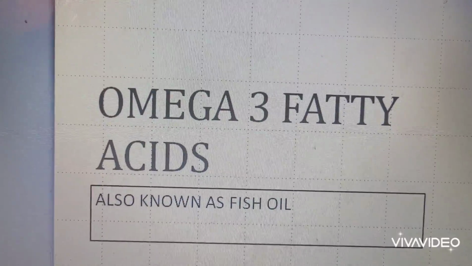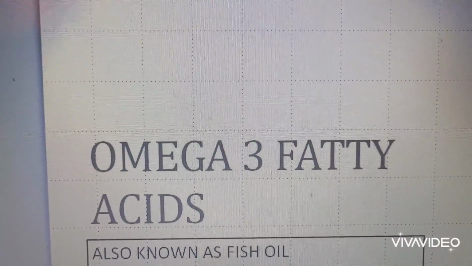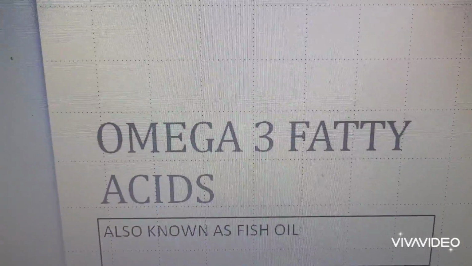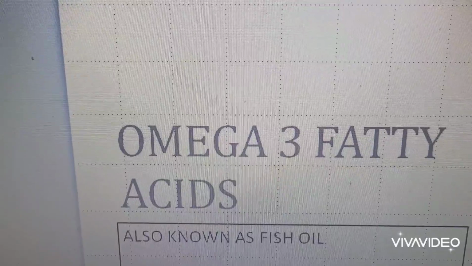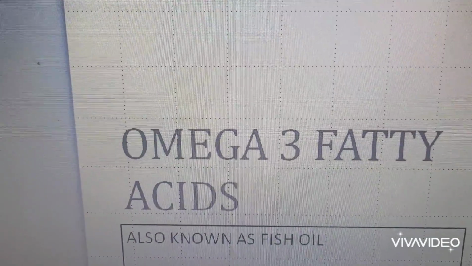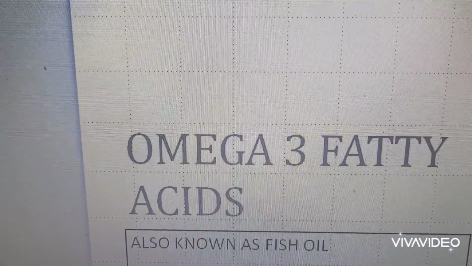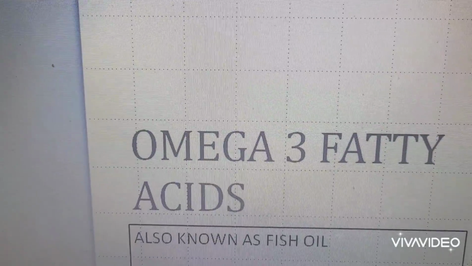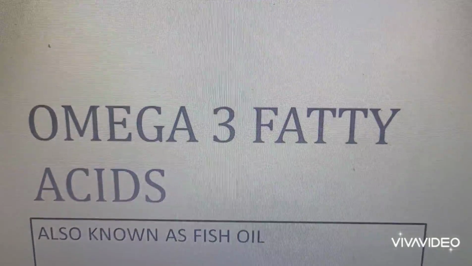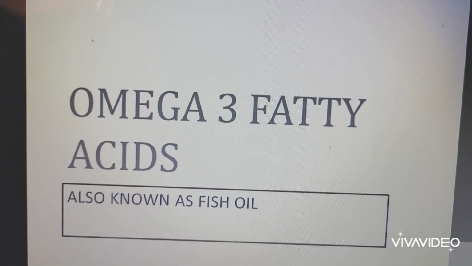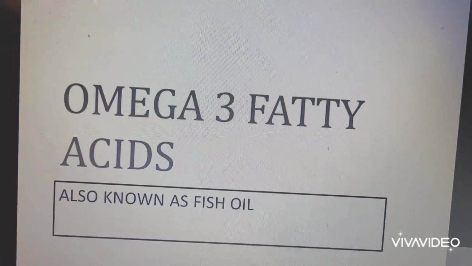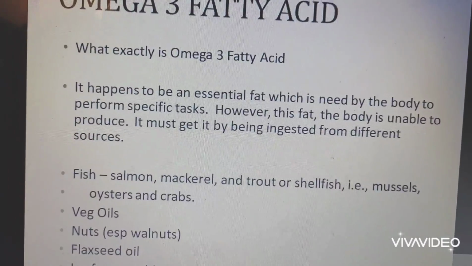So, omega-3 fatty acids, I'm going to use my clicker here and we're going to try to make this as easy as possible. I'm going to make it so that it becomes large. Here we go. And let's get started. So, the first slide,